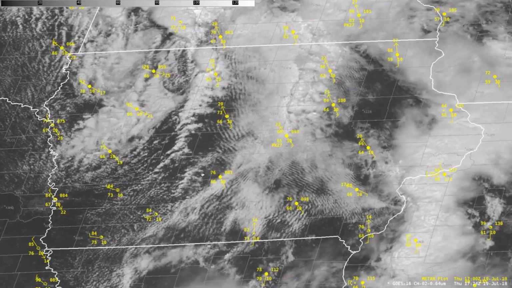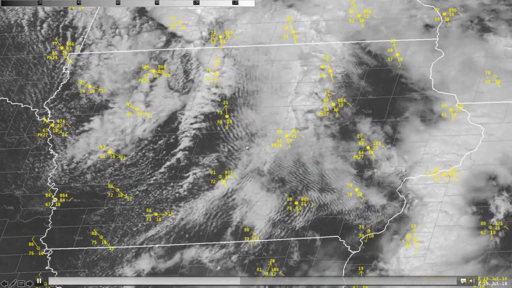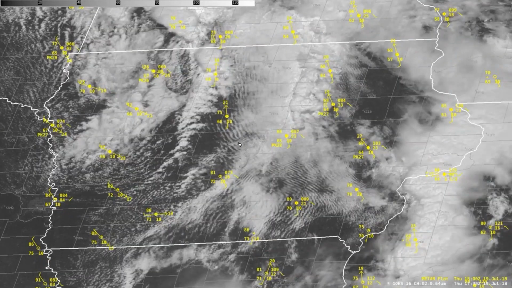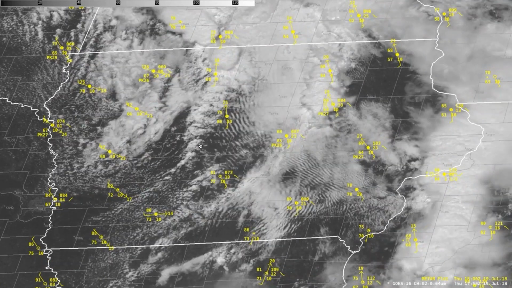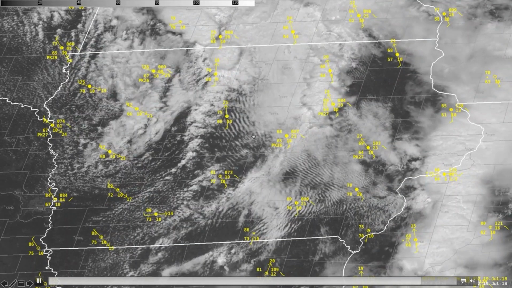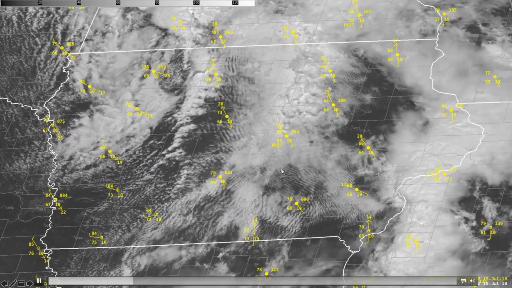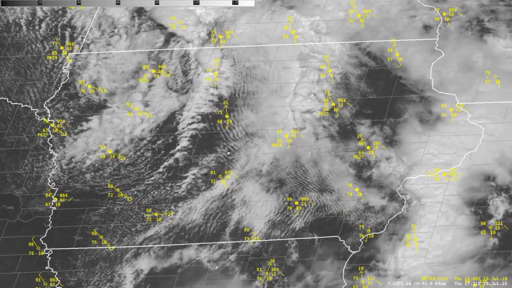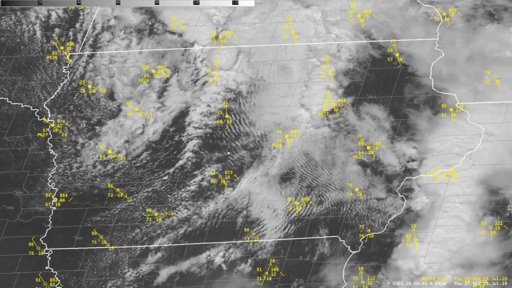Now, if we look near and to the east of Des Moines, there's a broad area of stable billow clouds where the sheltered boundary layer is recovering from some earlier convection. And if you look closely in this area, you can observe the presence of some of these billow clouds at differing heights that are nearly perpendicular to each other. Now, this crisscrossing of the stable billow clouds, and remember that the stable billow clouds are oriented perpendicular to the shear vector in that layer,